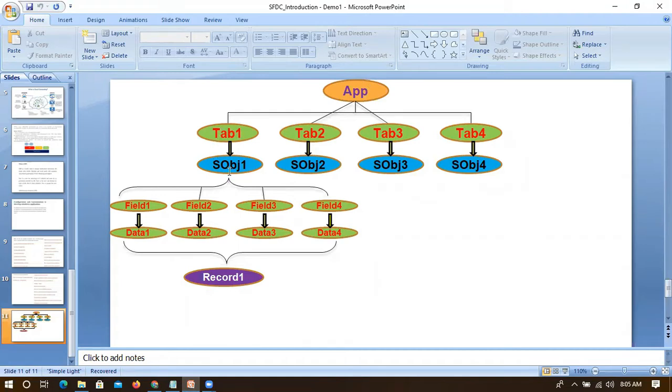Before creating a tab, you need to have a subject. You can also create a subject easily. If someone asks you to create a subject with this name, you can easily create it. You just need to ask what the default field is. The first field we need to give is either name or auto number, and you ask what the format is for auto number. The remaining is all the same.